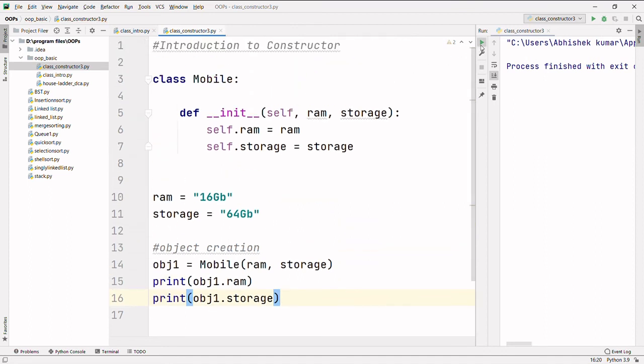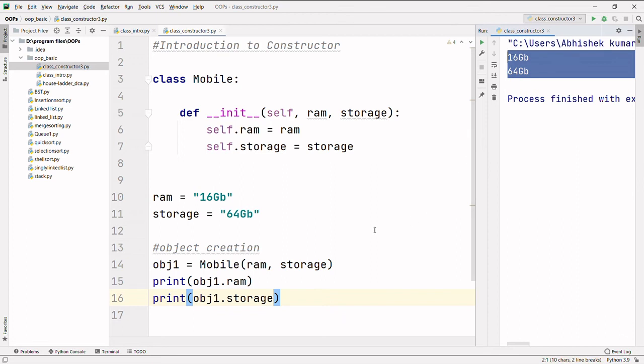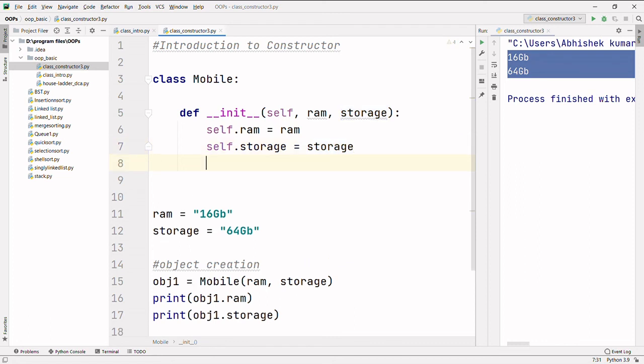As an output, you can see that we are getting the values 16 GB and 64 GB. It means we have successfully converted these normal variables into instance variables, and we can use them inside the class or outside the class wherever we want, by simply using the object name, or the self keyword if we are inside the class.